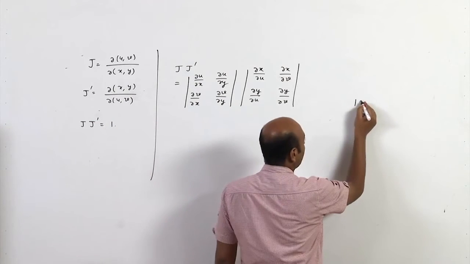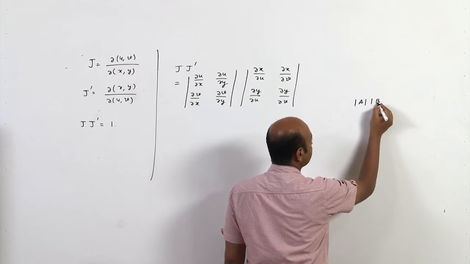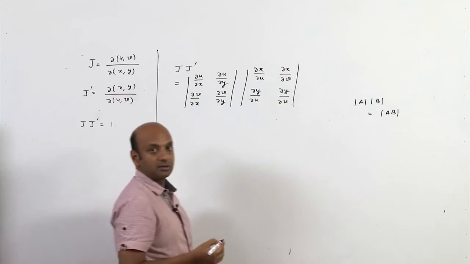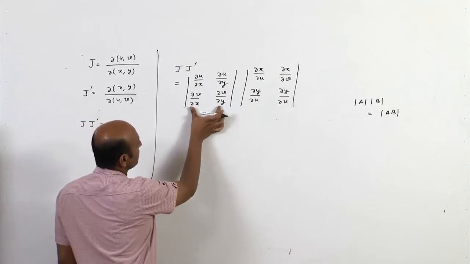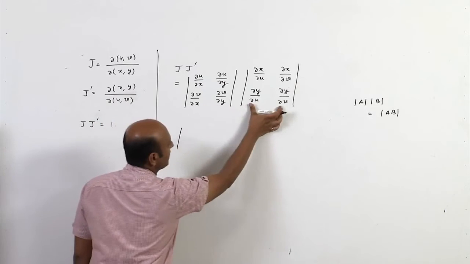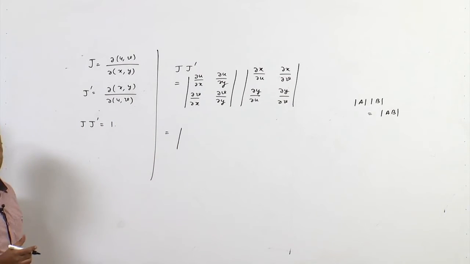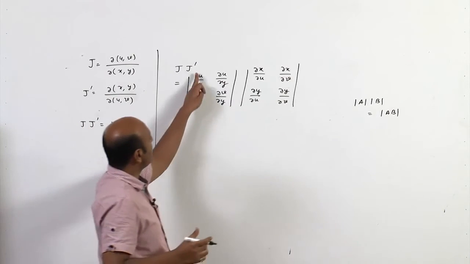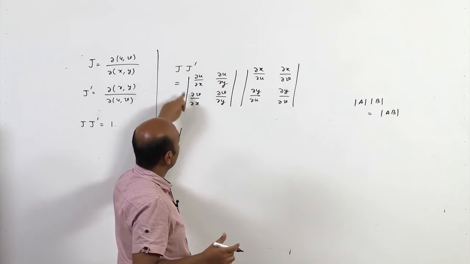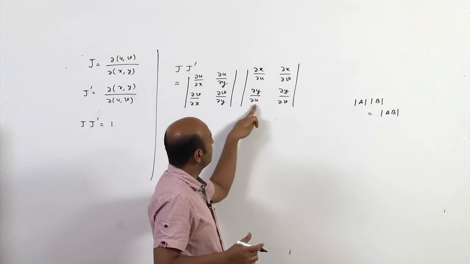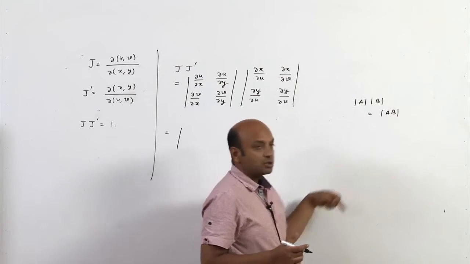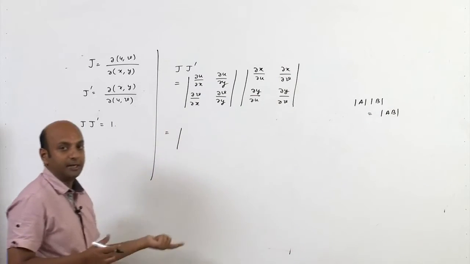Now, determinant of matrix A and determinant of matrix B will be determinant of A into B. We already know this result. So, determinant of this into determinant of this will be determinant of this matrix into this matrix. Take this as a matrix, the inside 2 cross 2 rectangular, we are calling it a matrix, and this is a matrix. So, determinant of A into determinant of B is determinant of A into B. So, now we are computing A into B.